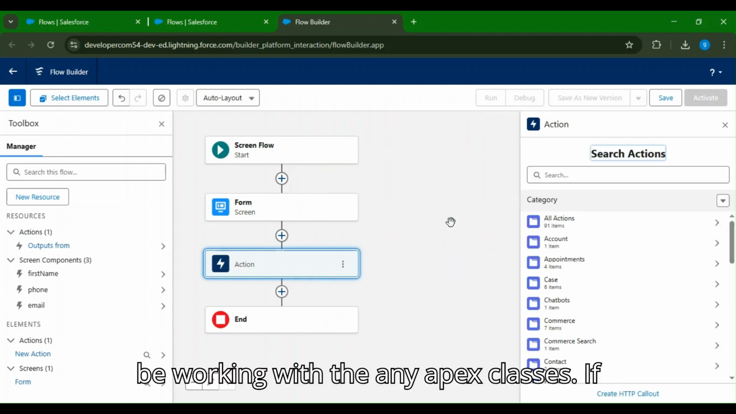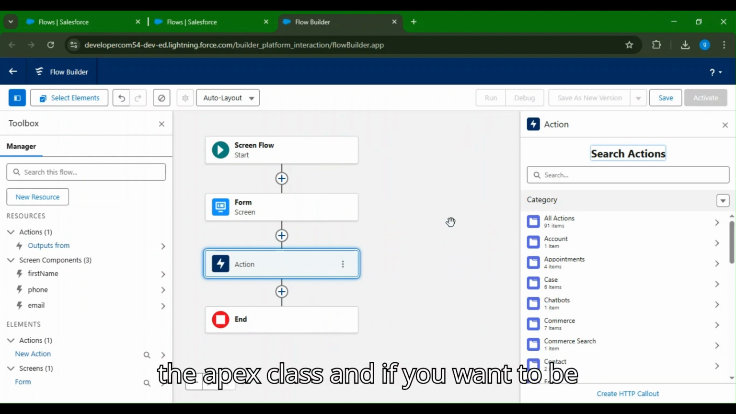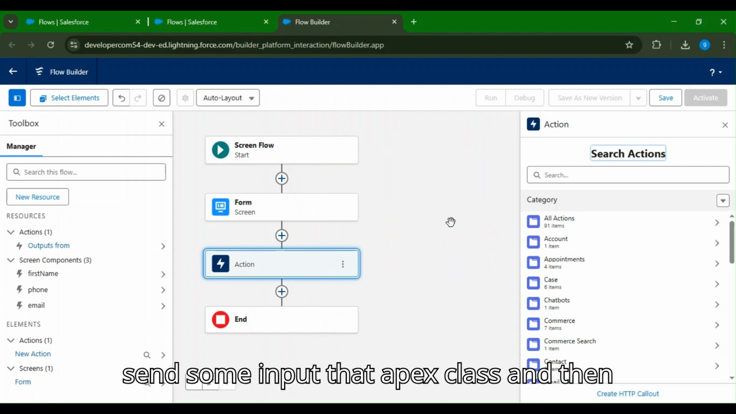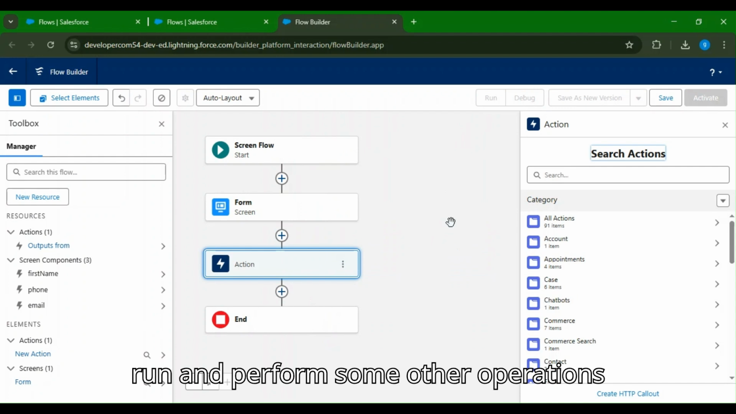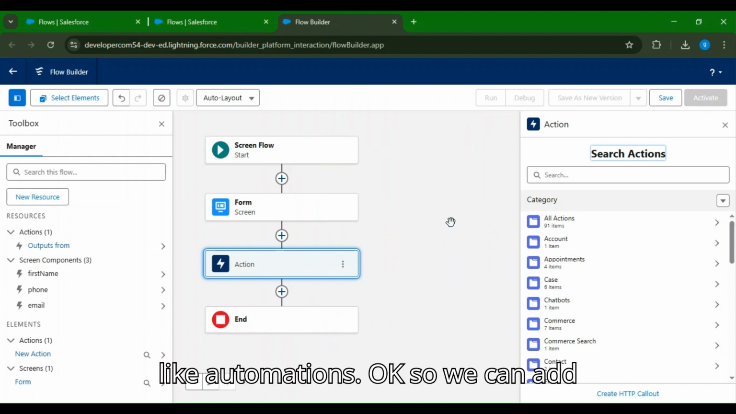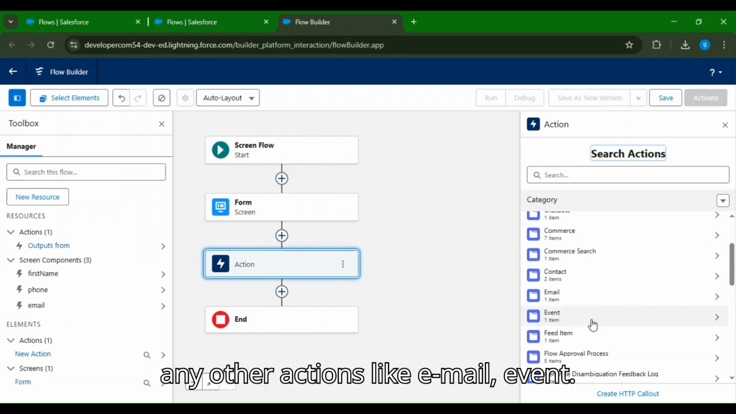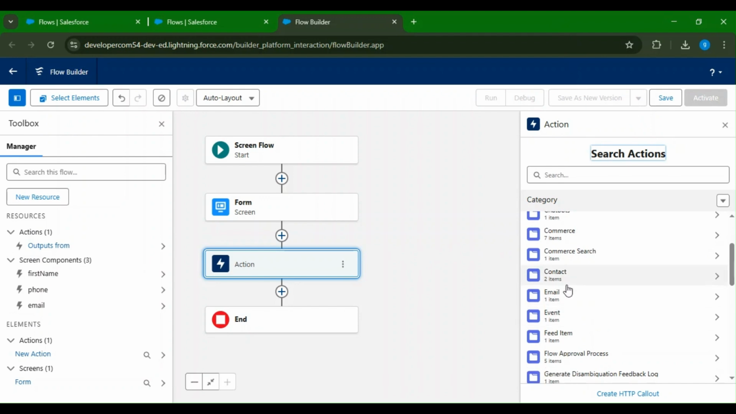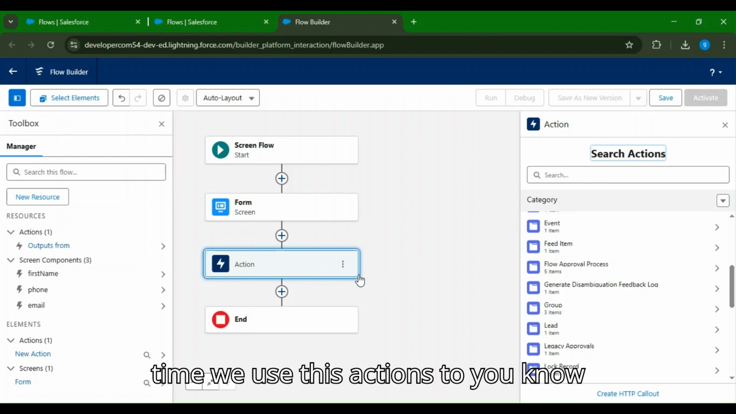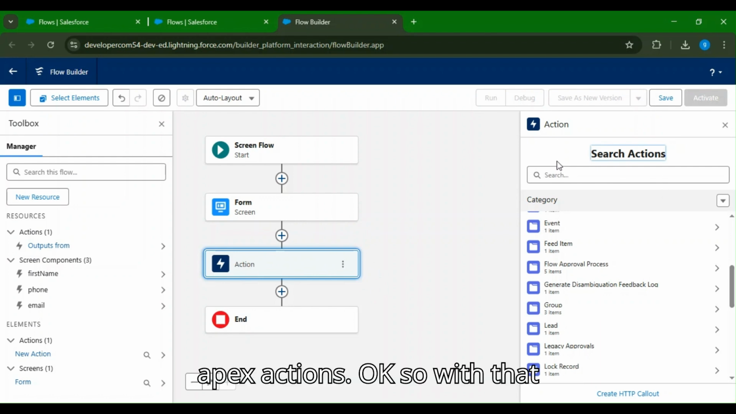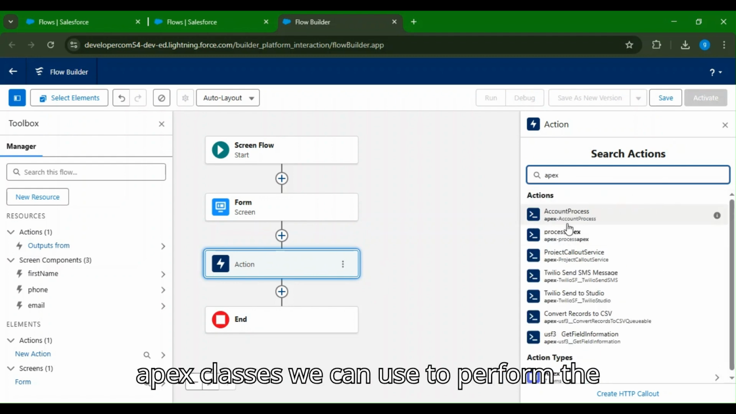Whenever we are working with Apex classes, if our logic is included in the Apex class and we want to send some input to that Apex class, then the Apex class will run and perform other operations like automations. So we can add actions here: Apex actions, or other actions like email and event. In real time, we basically use these Apex actions. You can see these are the different Apex classes we can use